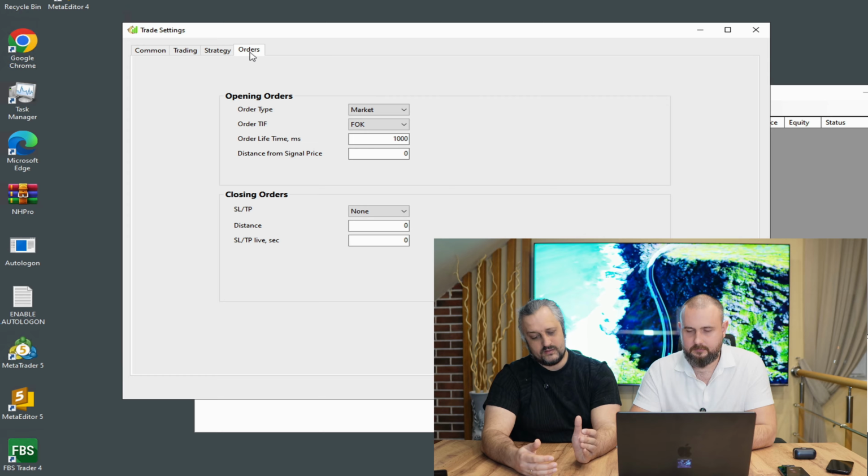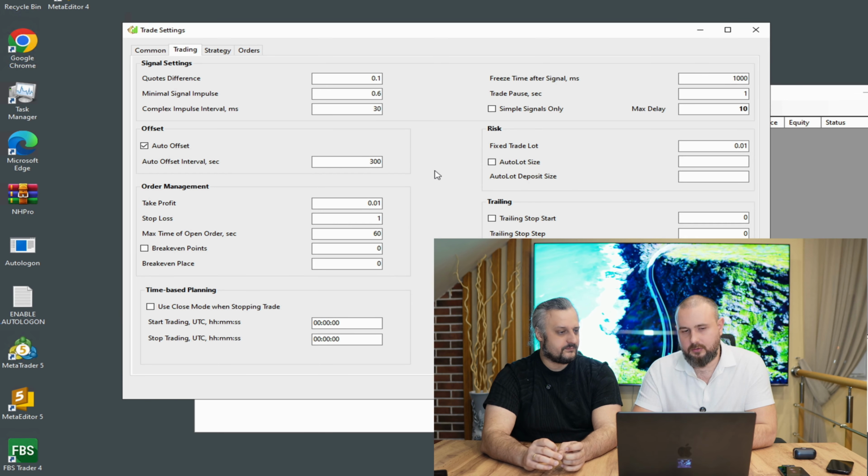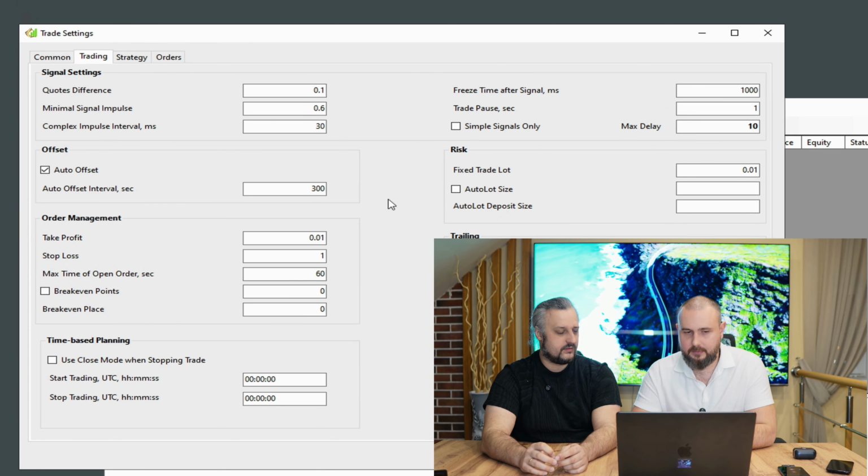That is, you have both opening and closing, and it simply and carefully takes into account the exact settings you've specified. I see. So if I go back to the trading settings, the basic ones, the most important part is still in the first chapter. Yes. In signal settings, I fully understand that the most critical element is to correctly calculate the impulse and the